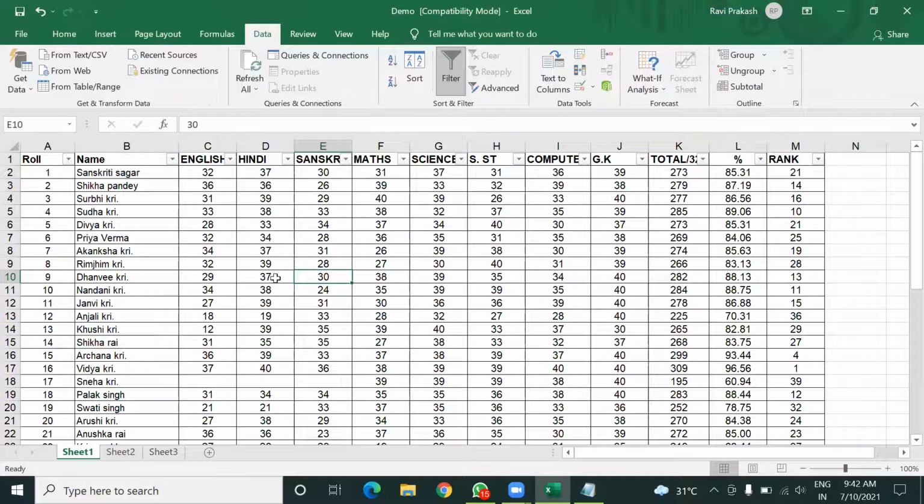Now let us see whether we can apply a filter on multiple columns or not. Multiple columns means I want to see the names of those students starting with A and having roll number between 1 to 20. Understood my condition? Yes, sir. I want to show only those student records whose roll number is between 1 to 20 and name starts with the character A.